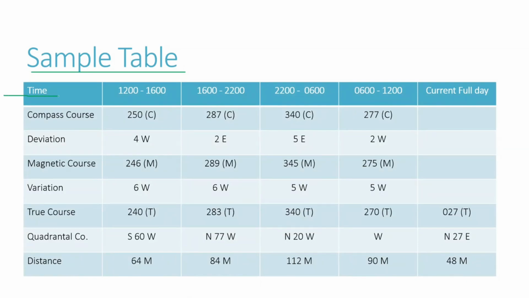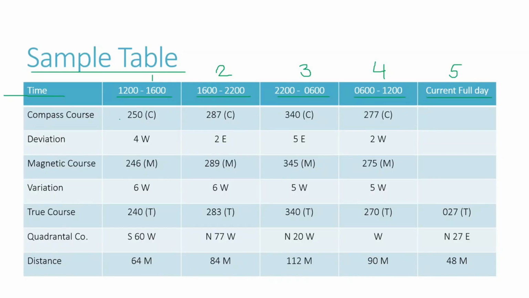At the top of this table we have written Time. So you have 1200 to 1600, one leg. Then at 1600 we altered course, up to 2200. This is our second leg. Then 2200 to 0600. This is the third leg. 0600 to next day noon. This is the fourth leg. And they have given us the current also for the full day. So as I told you, the current is taken as a course and distance. So this is our fifth leg of the